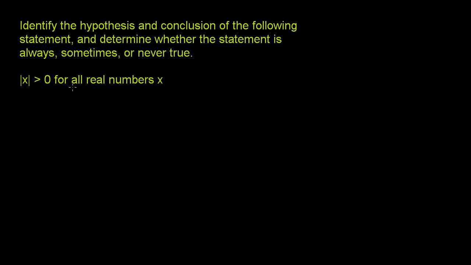So what this statement is saying is, if x is a real number, then the absolute value of x is greater than 0. So let me rewrite that. If x is a real number, then the absolute value of x is greater than 0. These are equivalent statements. Now, when you write it like this, it's much easier to identify the hypothesis and the